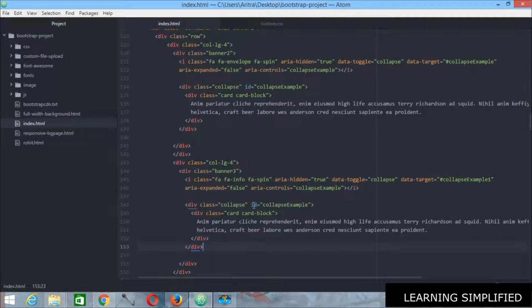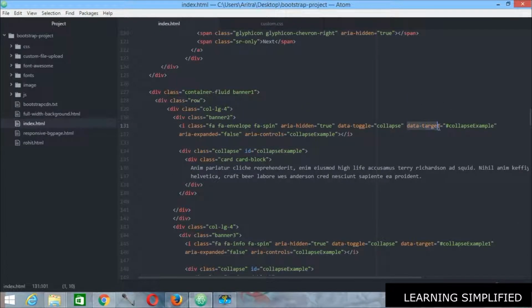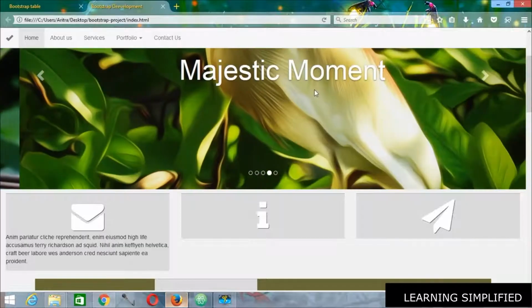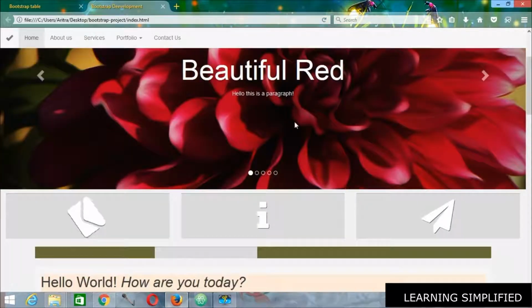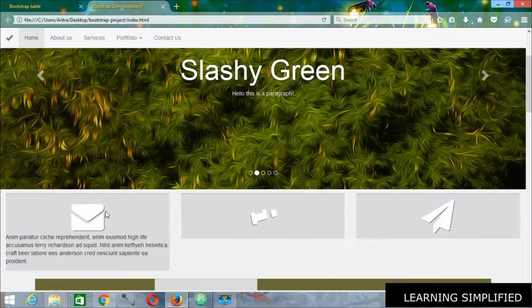Now here you can see that in case of ID we have used this collapse example, and in case of data target we have used the same ID here. That means we have to use this ID here. So this is part 2. Press Ctrl S, get back to your project, reload, and you can see that both of them are working right now.